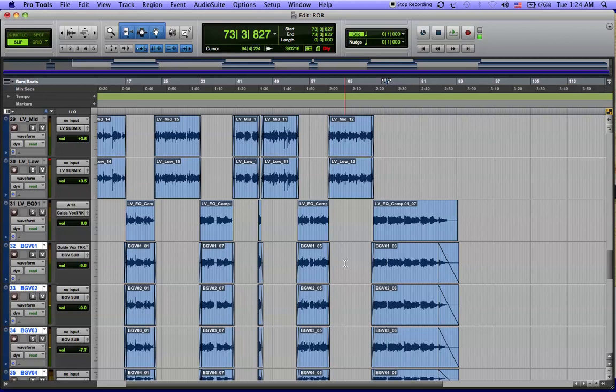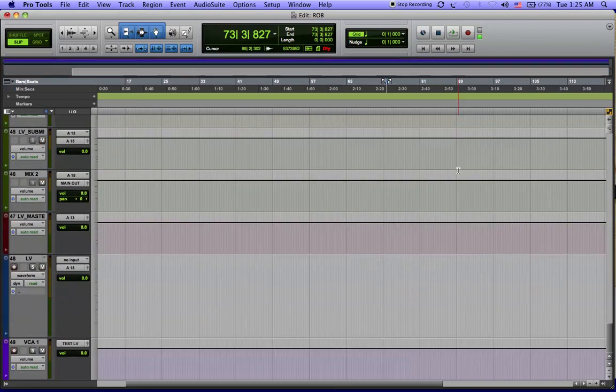Go and mute what I don't need right now, and then I can actually bounce all that down, the automation. Once I bounce it down, we'll get a good mix on it and bounce it all down, and then